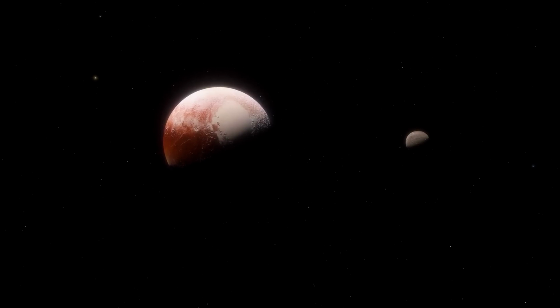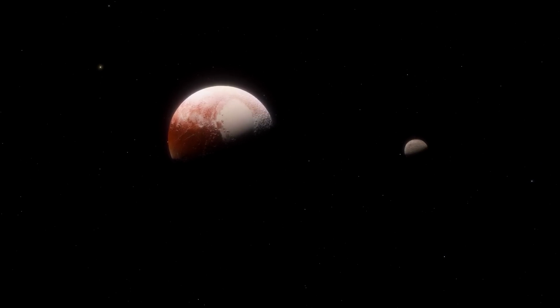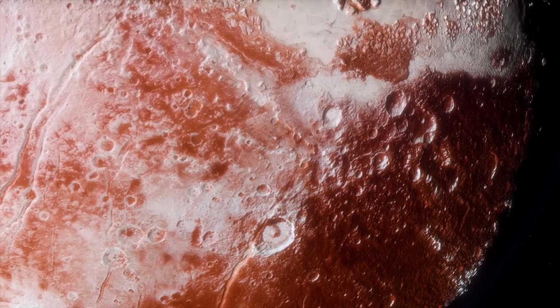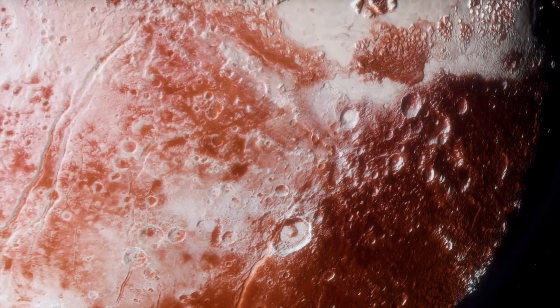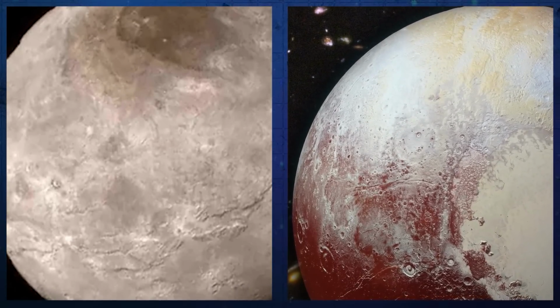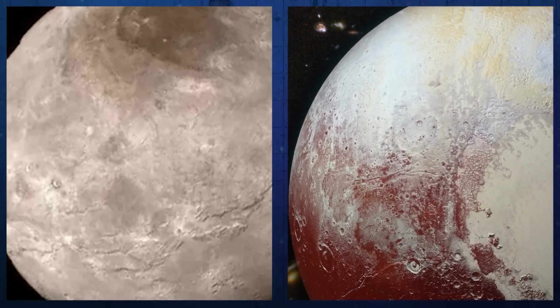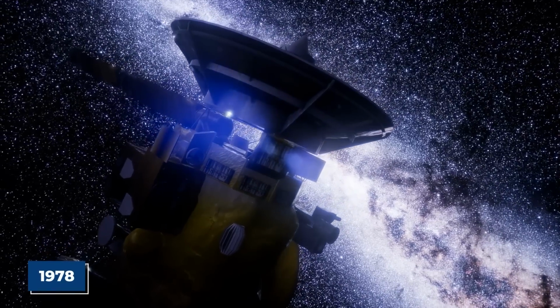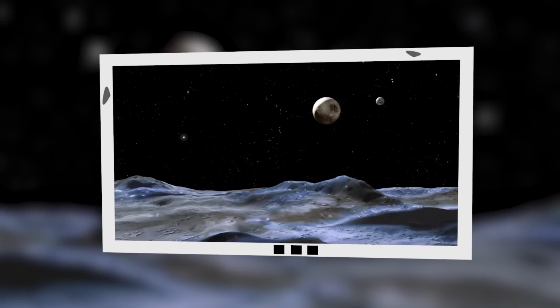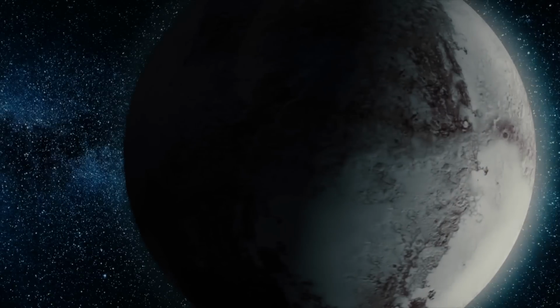Pluto and Charon are in a binary system because of their very small size ratio. The barycenter is not on Pluto's surface. Charon plays a pivotal role in Pluto's narrative because of the dynamic interaction that determines the behavior and evolution of both worlds. Discovered in 1978, Charon remained a mysterious object until NASA's New Horizons mission flew past the Pluto system